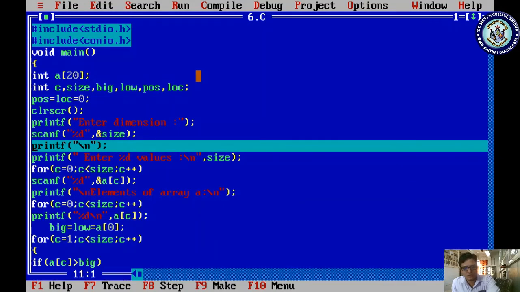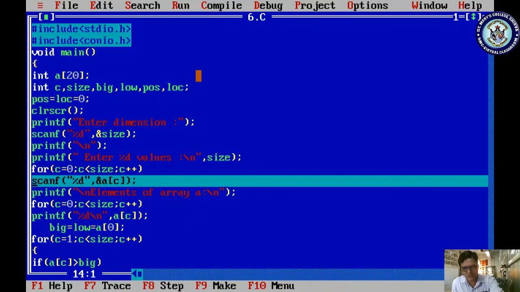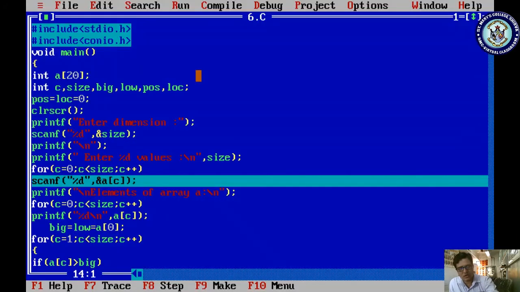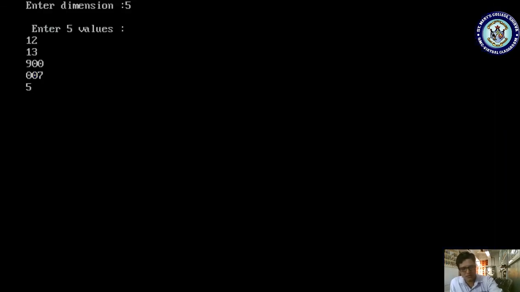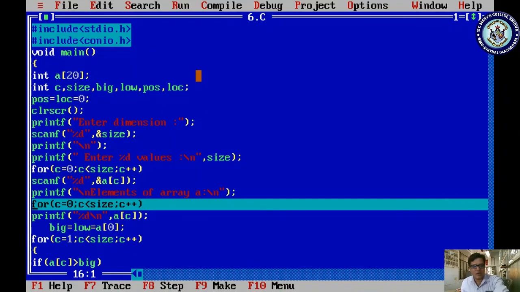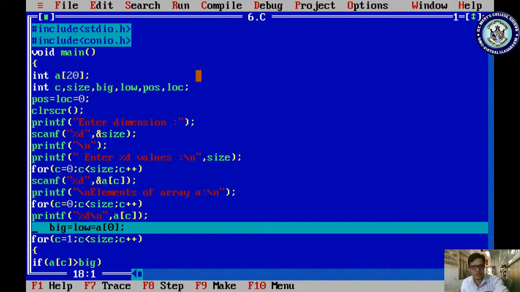So I'm entering 5 values: 12, 13, 900, minus 7, and 5, pressing F7 each time. So the 5 values have been read and I am pressing the F7 key, and it is displaying the contents. Okay, 1 2 3 4 5. After that displaying, it will take big and low.